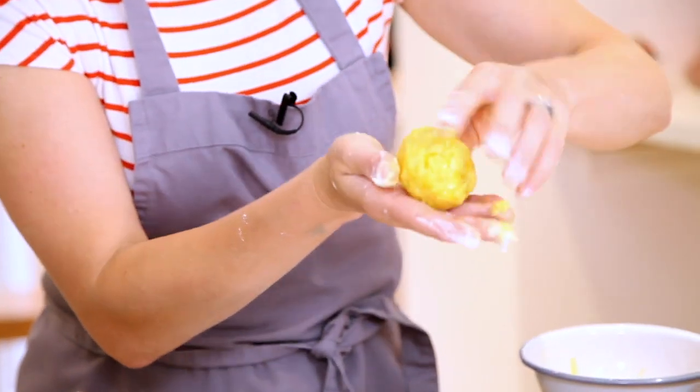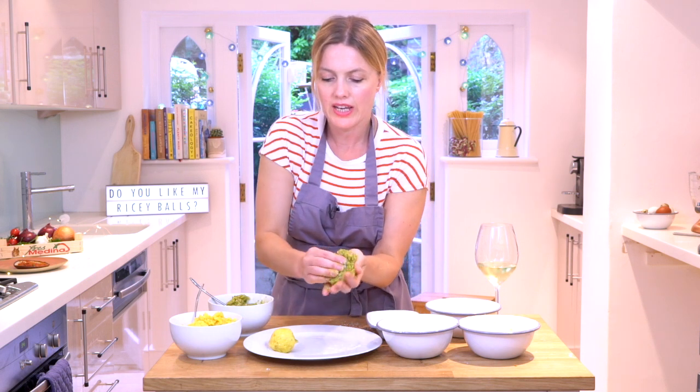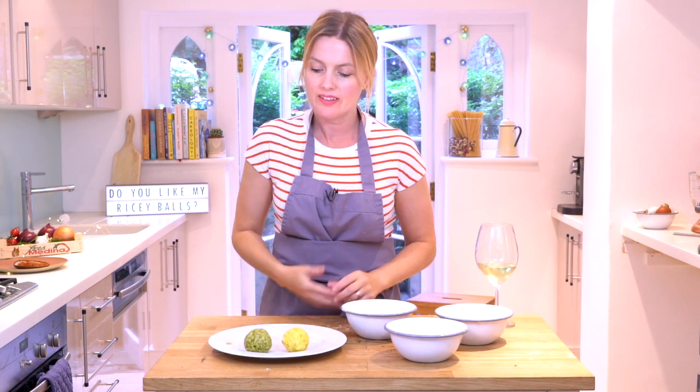Ricey mozzarella sphere. Do a spinachy one, flatten it down. In goes the mozzarella cheese. I'm just going to show you how to coat a couple, and then I'm going to get Lola to do